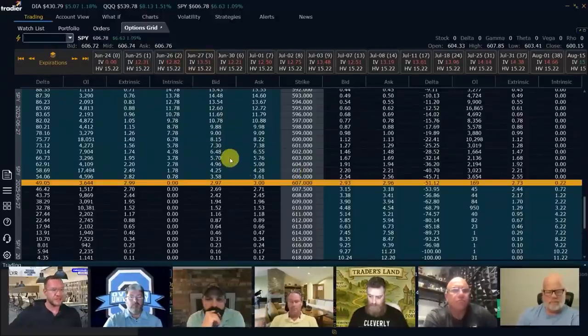The liquidity is easily judged by looking at this. If the bid-ask spread is tight, that means there's lots of liquidity. That means you're not going to have to worry about getting in or out. If the bid and ask is really wide, then you are going to have to worry about getting out. That is a real thing.